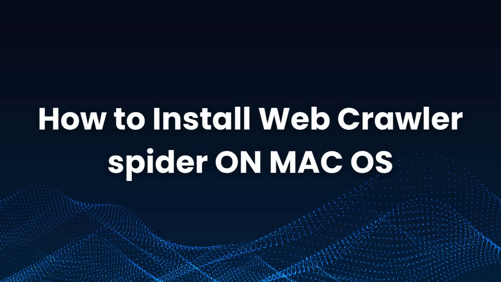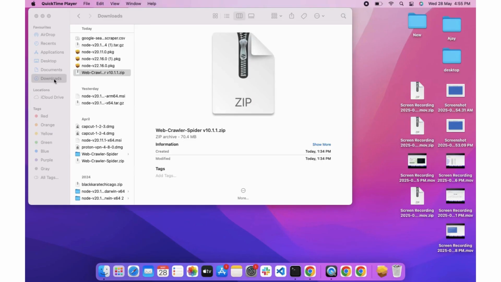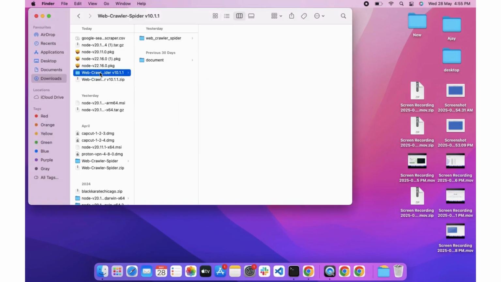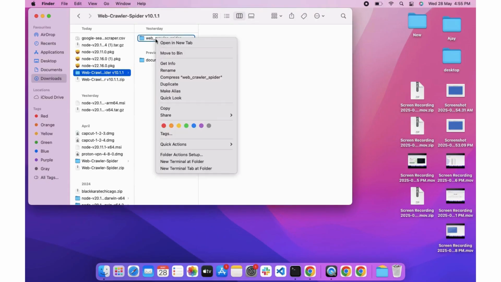How to install web crawler Spider on macOS. Downloading. Extract the downloaded zip file and navigate to the web crawler Spider folder. Open this folder in terminal by clicking on New Terminal at Folder and type